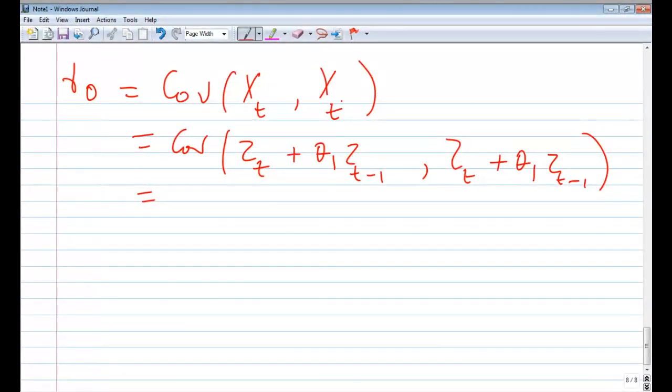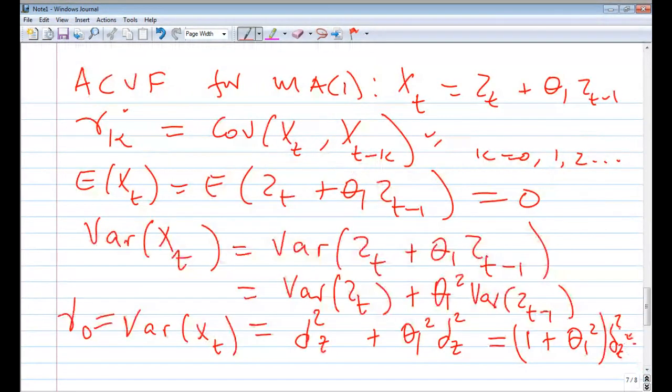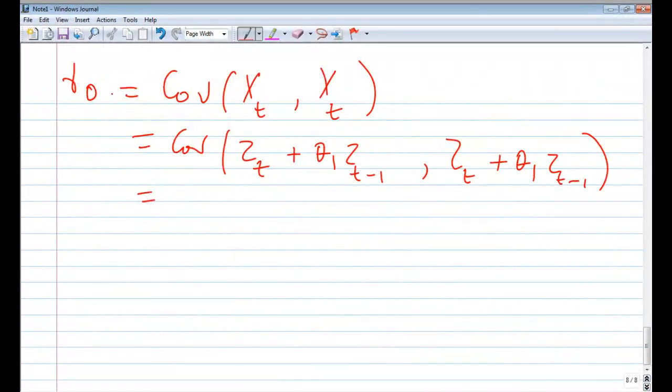So where is it coming from? Xt and xt. I said it's coming from gamma k. If you check gamma k here, it's equal to the covariance of xt, xt minus k. So if k is equal to 0, gamma k now becomes gamma 0, which is equal to the covariance of xt, comma, xt minus k, which now becomes xt. So you are going to have the covariance of xt and xt, which is what we are having here on step number 1.